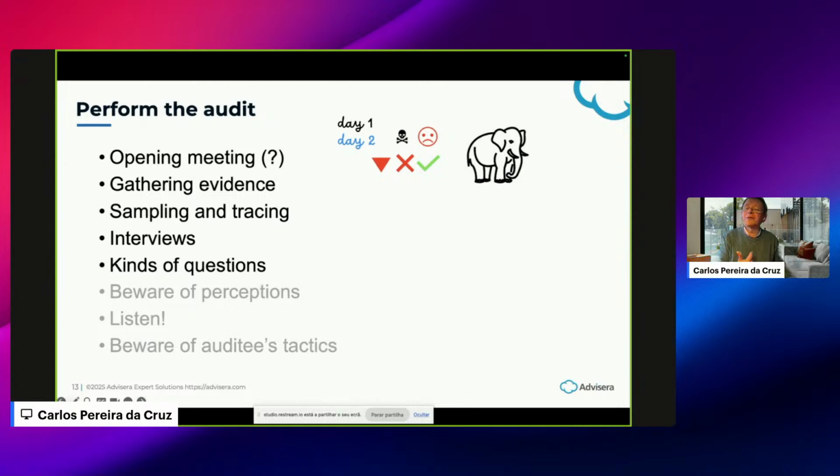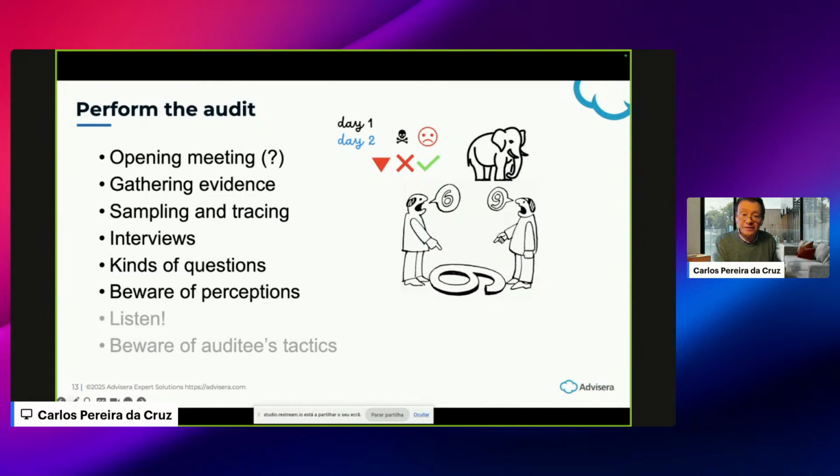Avoid oriented questions, where you are giving the answer that you want to hear. Avoid also multiple questions in a row where you are machine gunning the auditee, and be aware of perceptions, even honest perceptions that are a product of your experience and bias. Always remember the purpose of the audit and the fact that you have a reputation to keep. So is your understanding of the facts correct? Remember, auditors learn much more with what they hear than with what they ask.